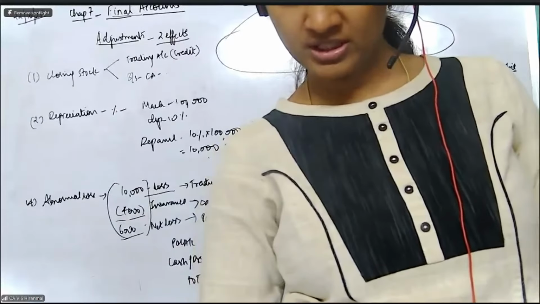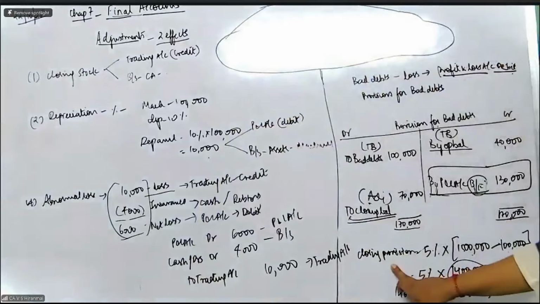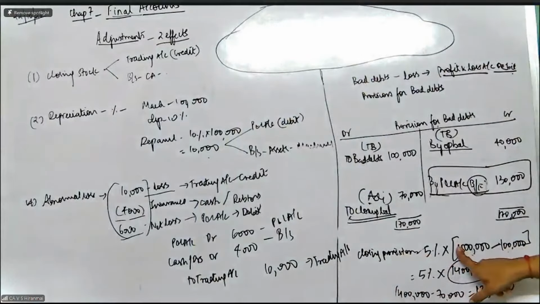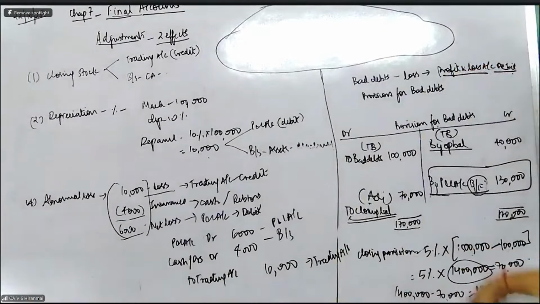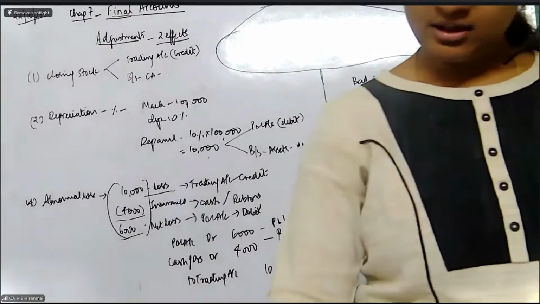Okay. Provision required. How did it come? The provision required is the closing provision. You will take the sundry debtors value, subtract the bad debts, and on that you are going to take the percentage. Percentage कहाँ दिया है? Percentage is given to us in this particular thing. Okay. So,